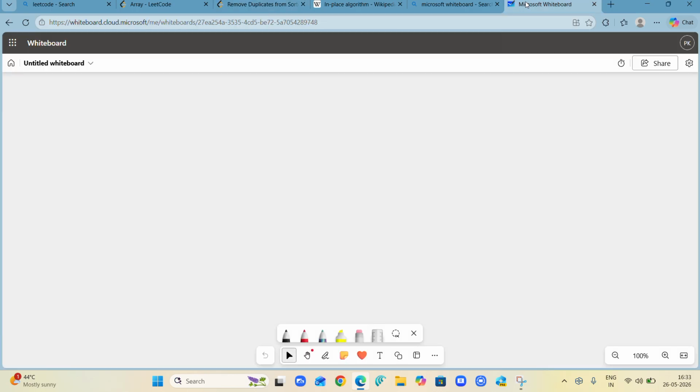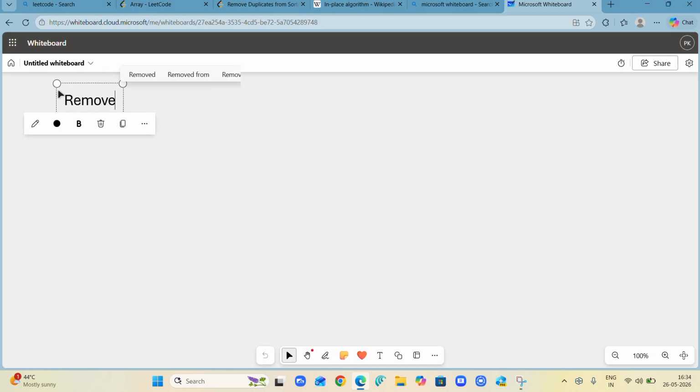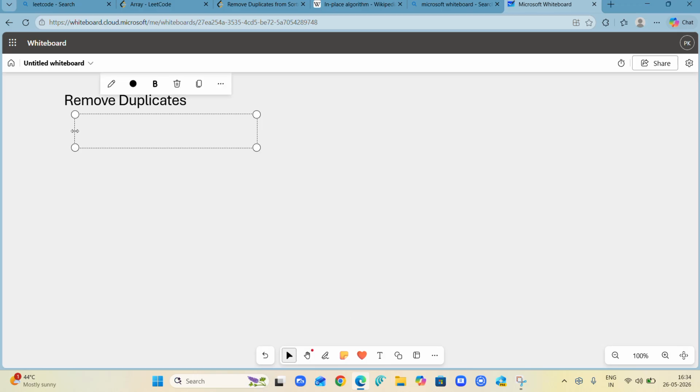Moving on to the explanation part, how to think. First of all, when you get a LeetCode question, don't panic about what the question is asking, what is going on, I'm not able to get it. Don't dwell on those things. We are solving remove duplicates, right? I need to clear up what you have to think about when you get a LeetCode question, and then create the solution.